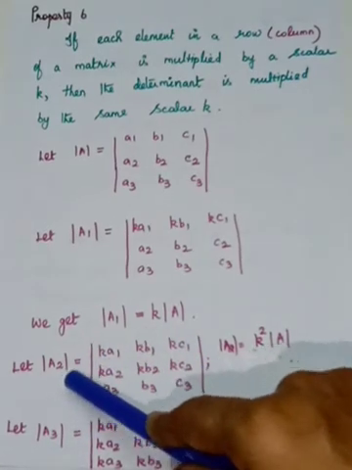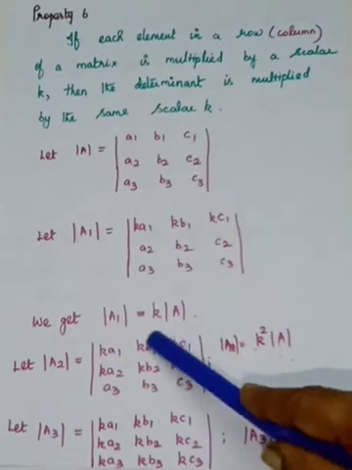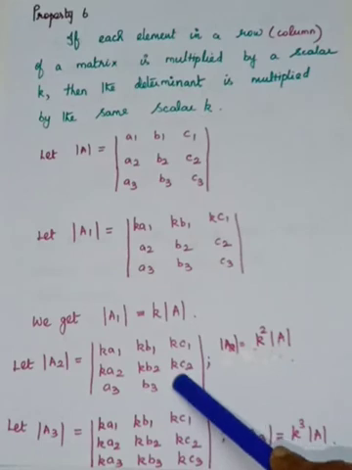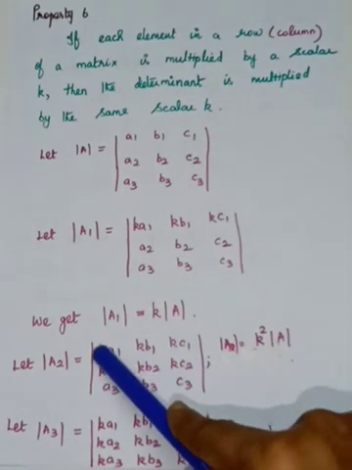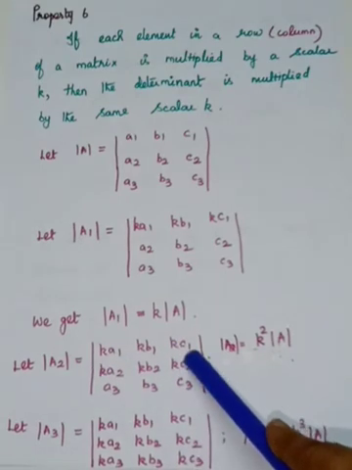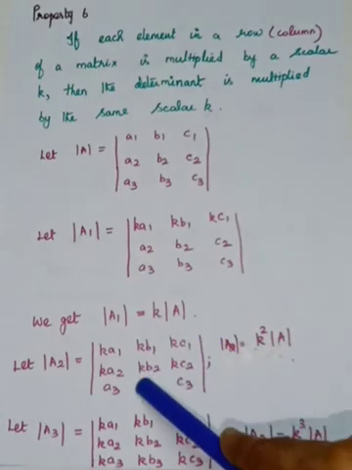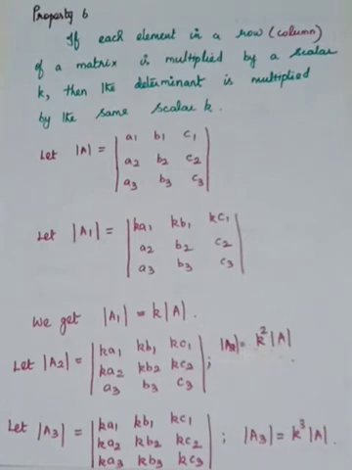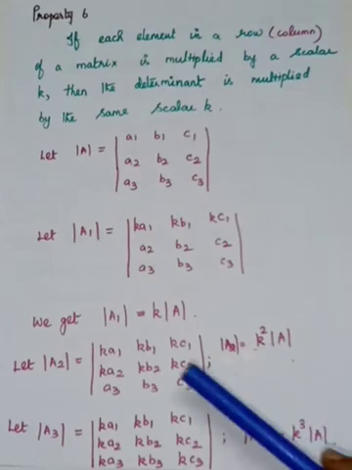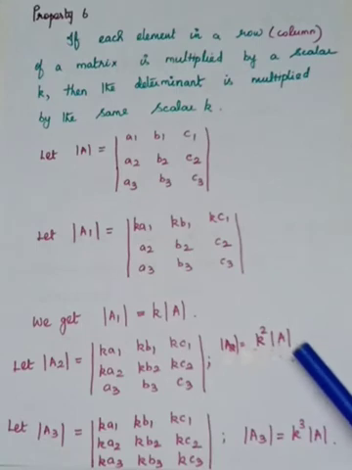You see that A2 I have defined like this. See that in A2 the first and the second rows are multiplied by k. Then what is the value of the determinant A2? According to this property, if one row is multiplied by k, the determinant is also multiplied by k. Here two rows, each and every element of the first row as well as the second row, are multiplied by the same scalar, meaning for each row you have to take k out. So k into k, that is k squared, into determinant A.